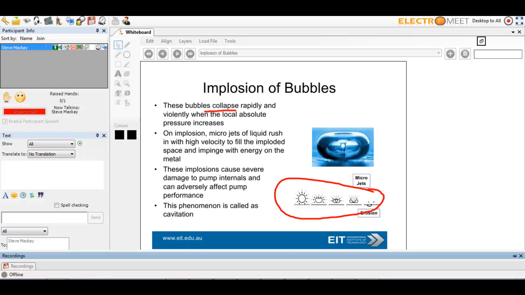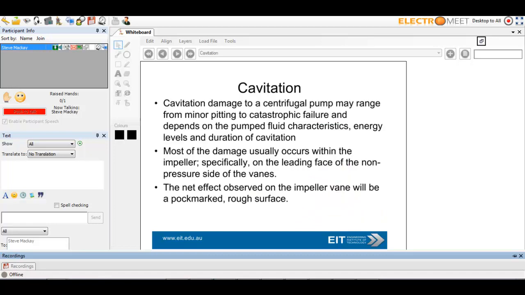So these bubbles collapse rapidly, and the jets of liquid rush in with high velocity to fill the imploded space where the air was and impinge with energy on the metal. And this can cause severe damage to the internals of the pump. So that's called cavitation. As I say, it can range from very minor pitting to catastrophic failure, and obviously